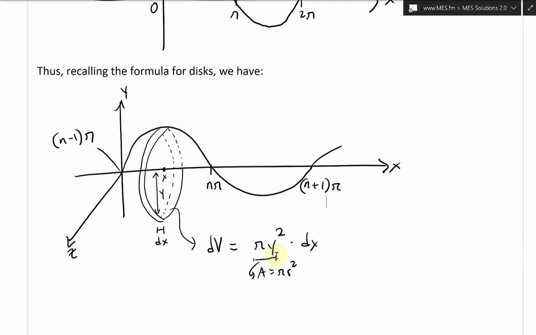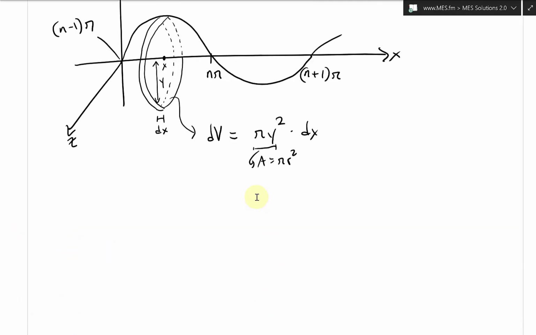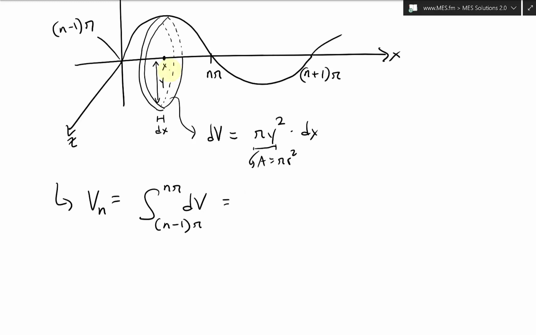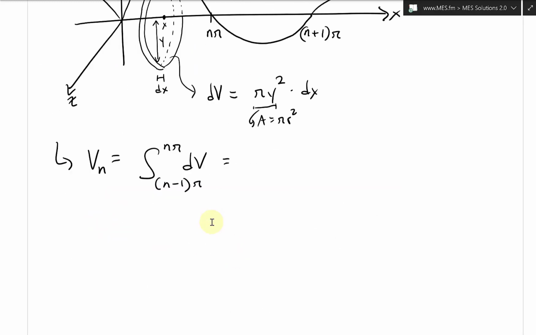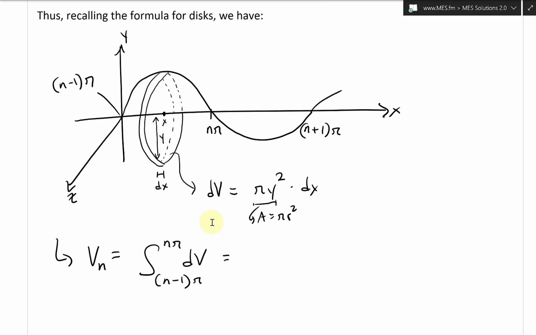Alright, so that's dv, and now what we'll do is put in our nth one. So the volume of the nth bead is equal to the summation, I mean not the summation, the integral. We're going to integrate from n minus 1 pi all the way to n pi of dv, of that slice. So we're going to go from here all the way to here. And then this equals the integral from n minus 1 pi to n pi, and right over here, pi,